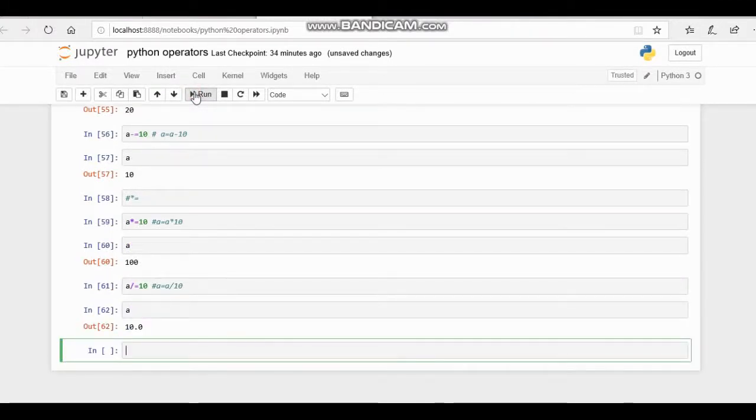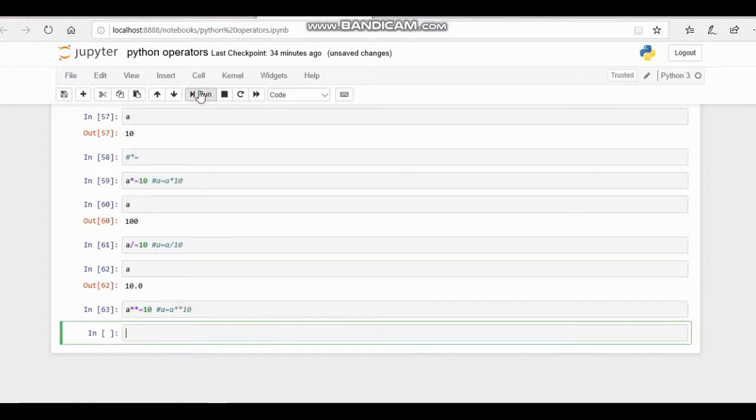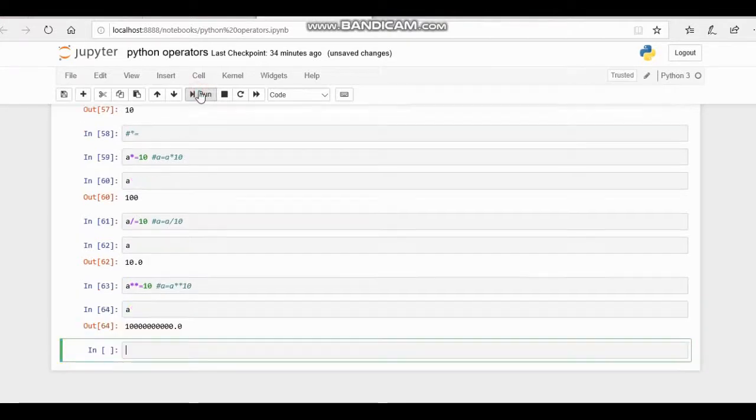And suppose A star star equal to 10 means A equal to A star star 10. See, this is A power 10, 10 power 10. So that's the value we get. So that's about the assignment operator, which is used to assign value to a variable.